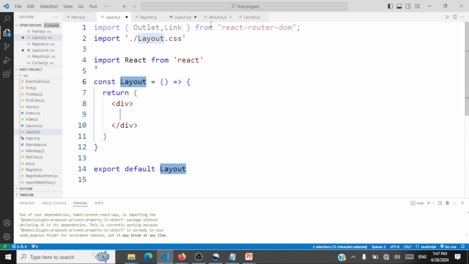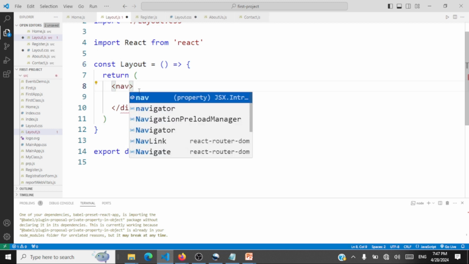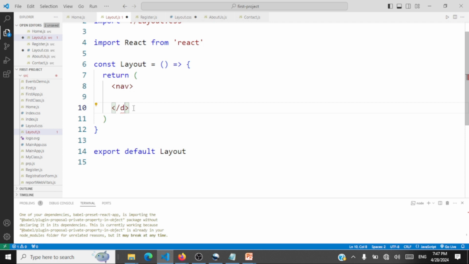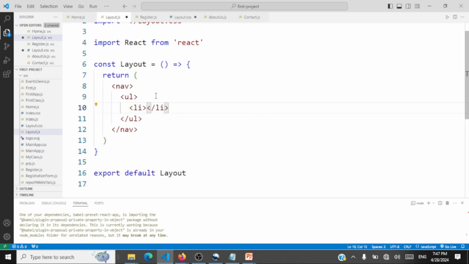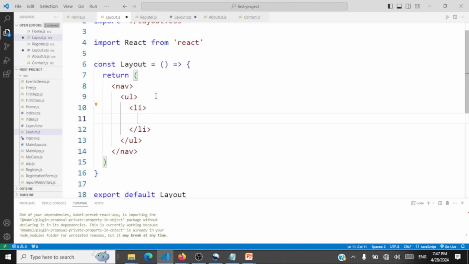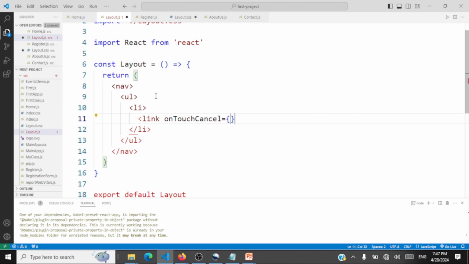So this is the component we have, layout. What this component is going to return is a nav element. Let's have this nav element here, and it is going to have an unordered list of menu items, say li. And each li is actually going to link to